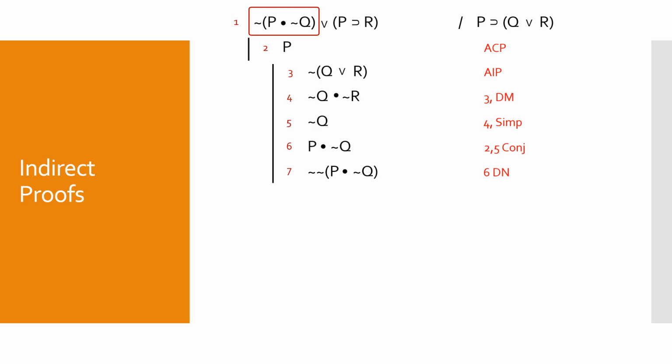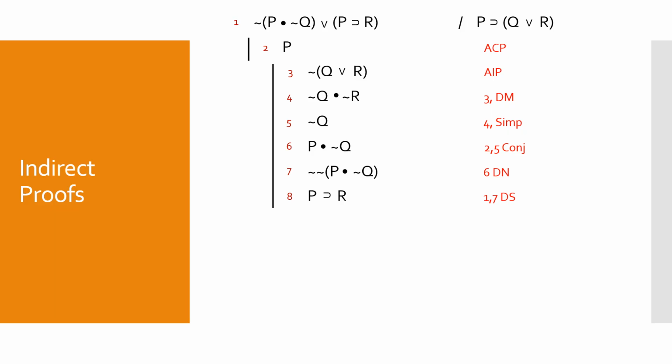Now notice, technically speaking, the disjunct in premise 1 at the very top that we're working on is: it is not the case that it is P and not Q. So simply saying P and not Q is not good enough. What I have to do is negate that statement to make a disjunctive syllogism. And so the next step is to take P and not Q and double negate it using the rule of double negation. Now, having done this, we can take line 7 and then line 1, and using the rule of